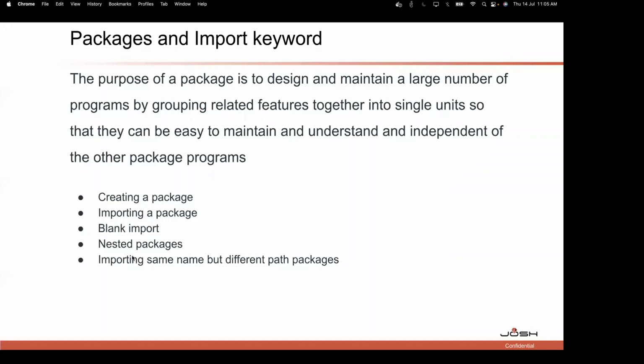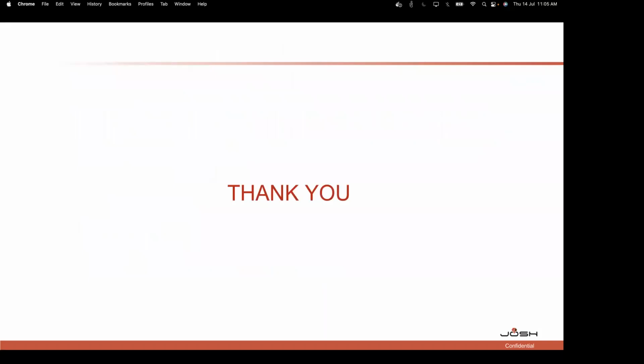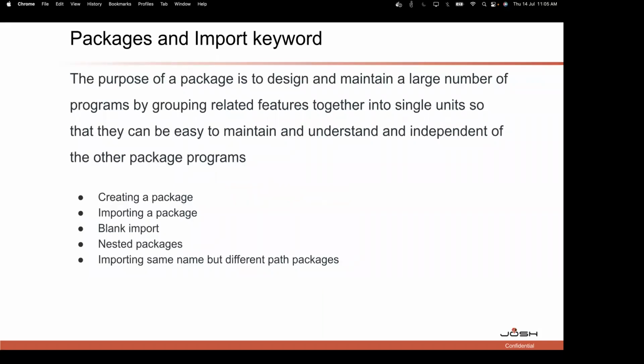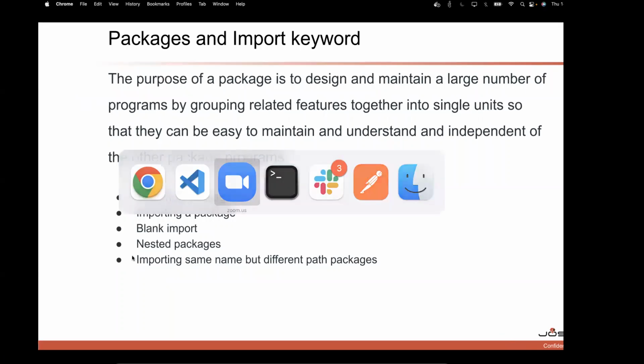Okay, so we are covered. I think we are covered from the packages. Okay, so thank you. We are covered for what is required for day one. So if anyone has any issues,